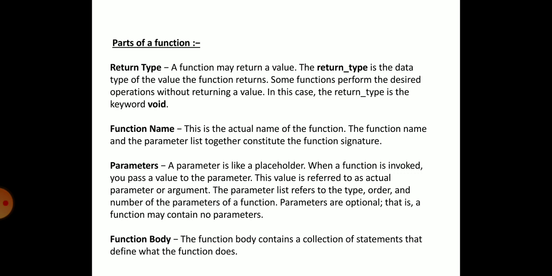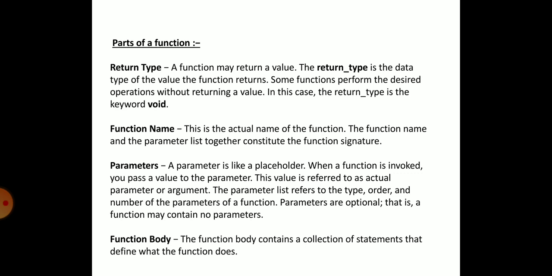The next one is the parameter list. The parameter list declares the variables that will receive the data sent by the calling program. That means these parameter lists serve as input data to the function to carry out the specified task. So, this provides the actual input data for the function. As they represent the actual input values, they are often referred to as formal parameters, and these parameters can also be used to send values to the calling programs.